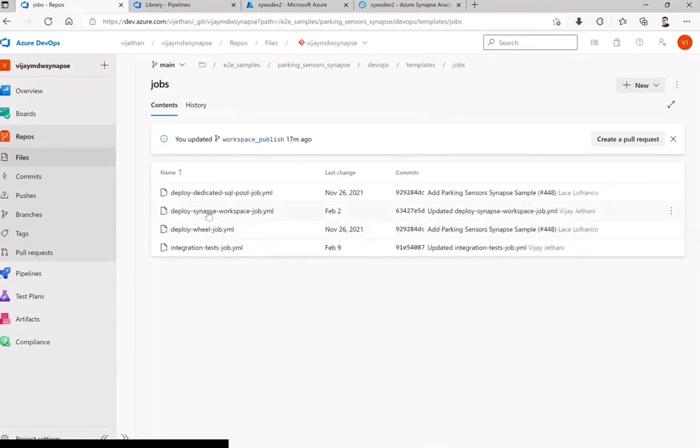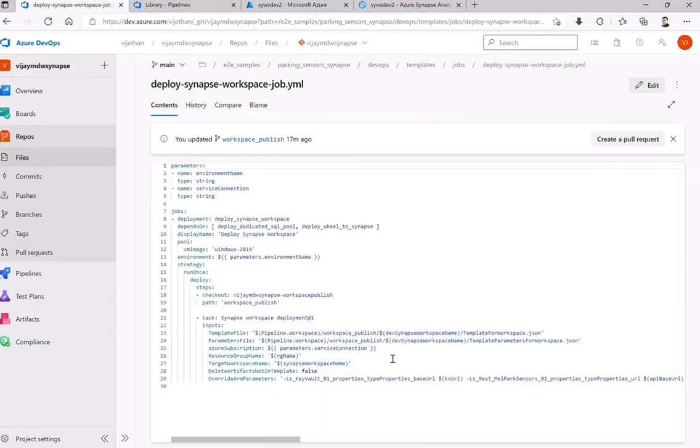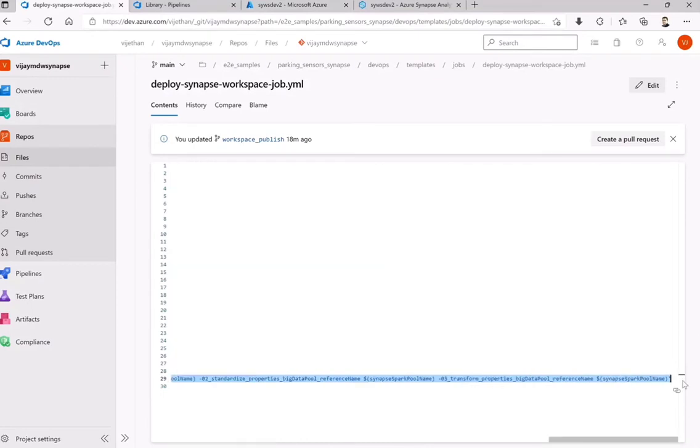Say suppose I want to go for snaps. Now the heart of this is how do I override the ARM parameters, because that was just for the dev environment. I want to replicate this for all my linked services, all my naming conventions. So that is what I'm doing here with the override ARM parameters, using the variable group or variables, I would say.